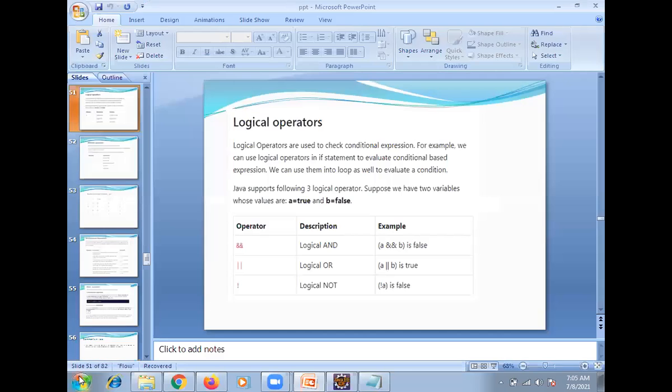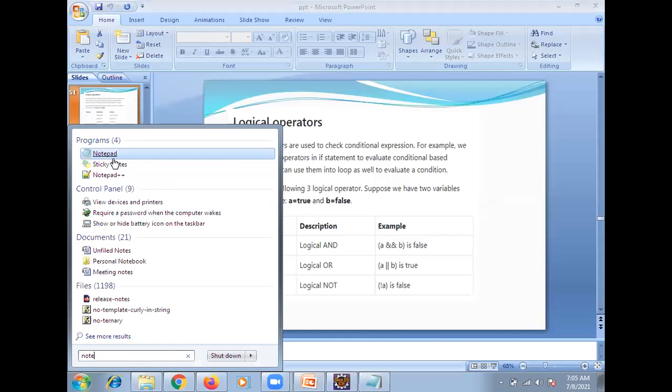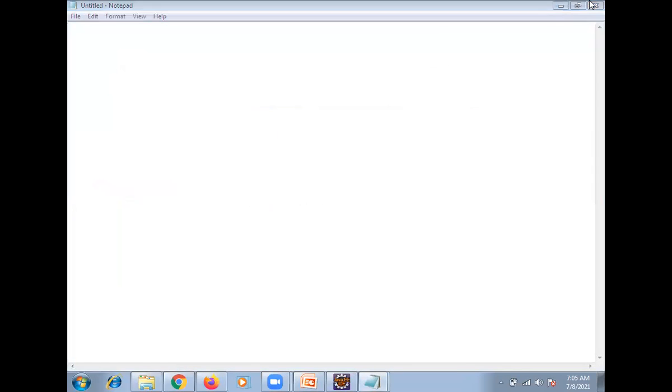Let me open one notepad for an example. Best simple example. Now your program is int A equal to 3, B equal to 3.